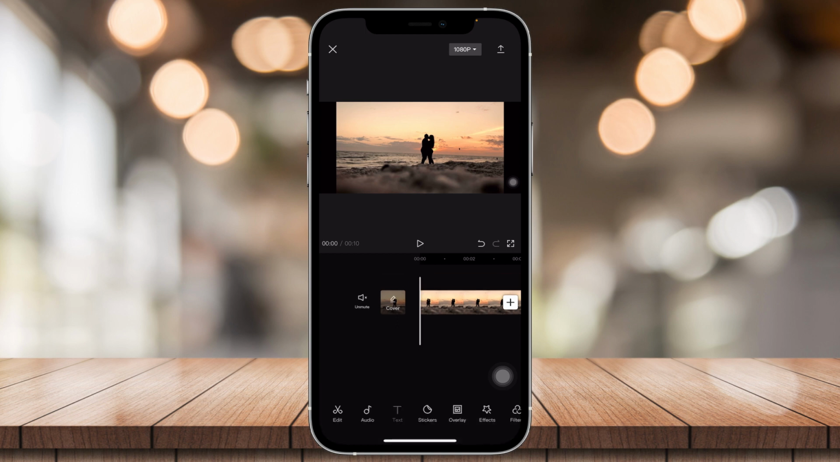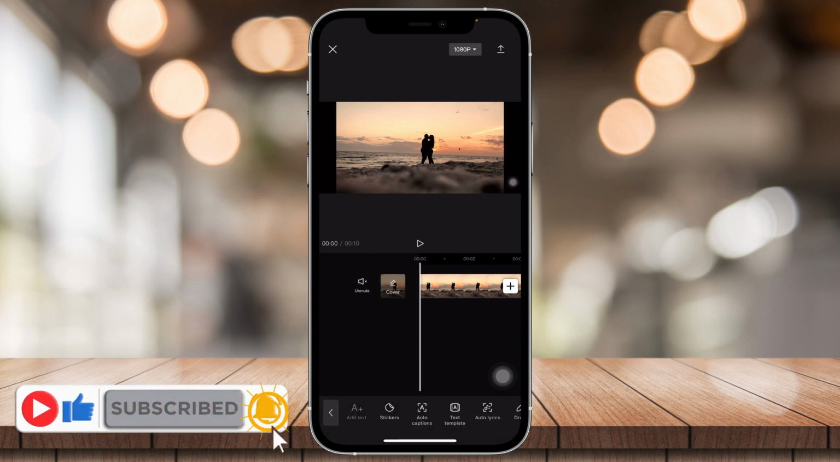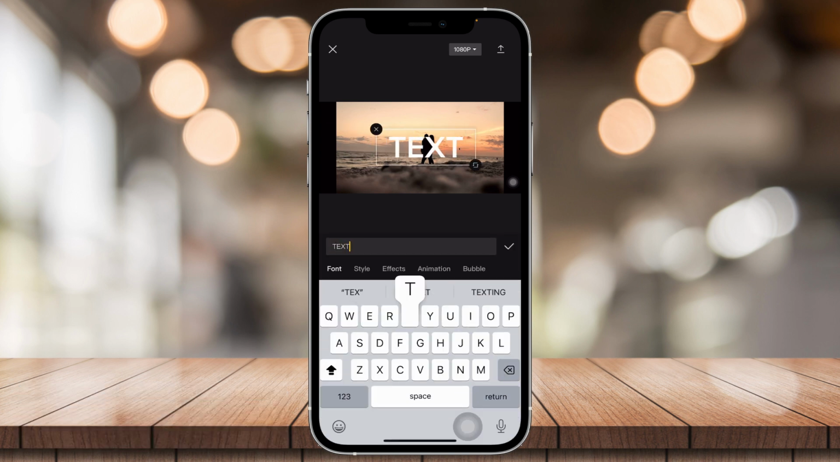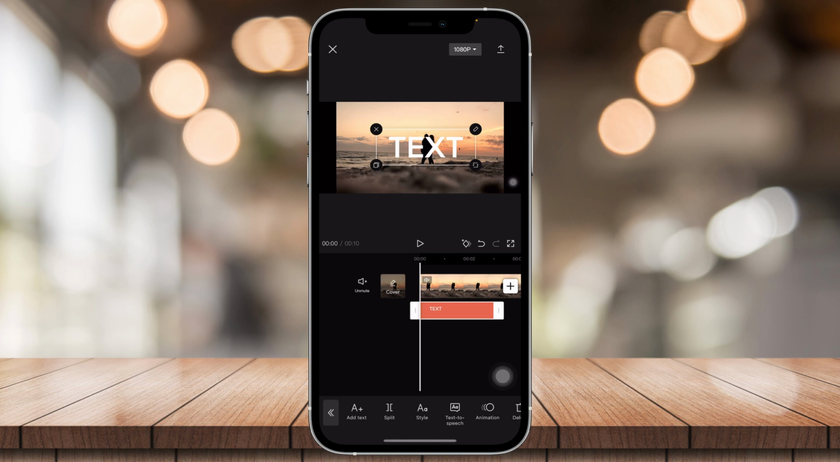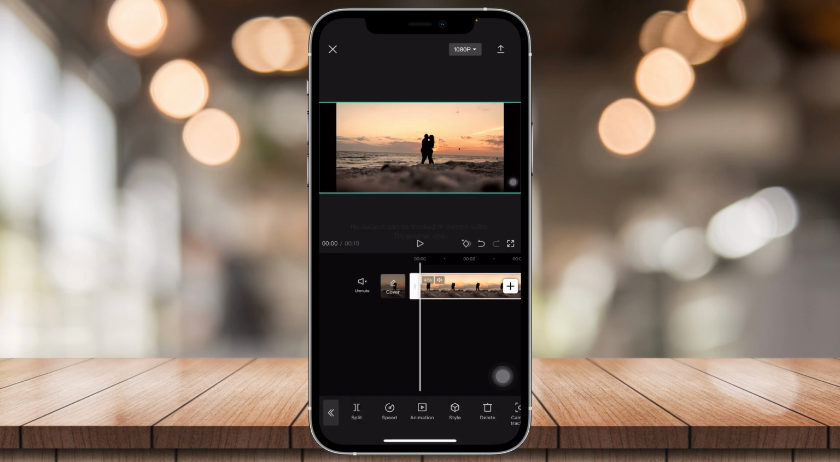So, let's simply go to CapCut, make a new project, add your clip, and now that you have your clip, just tap on text, add text, and then just customize it however you want. I'm just gonna do a simple text right here, and then you're gonna want to export this video right here. Once you have it exported, you're gonna want to